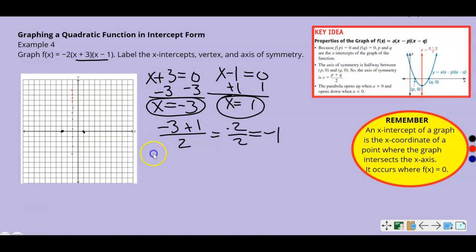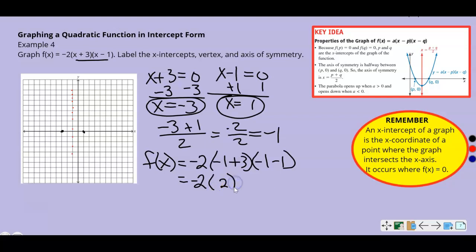So how do I find the y value? How do I know how far down it goes? Well, I can just plug in negative 1. So f of x equals negative 2, and I'm going to use negative 1 for my x: negative 1 plus 3, and negative 1 minus 1. So I need to simplify. I've got negative 2, negative 1 plus 3 is 2, negative 1 minus 1 is negative 2. So I'm going to have negative 4 times negative 2, or positive 8. So (negative 1, 8)